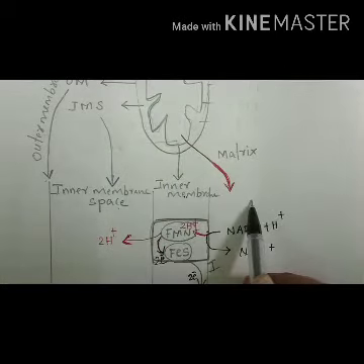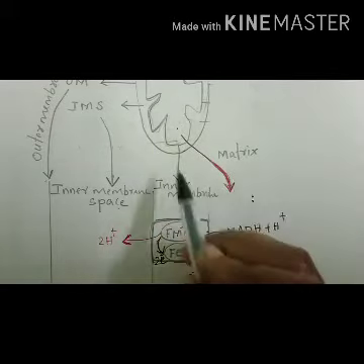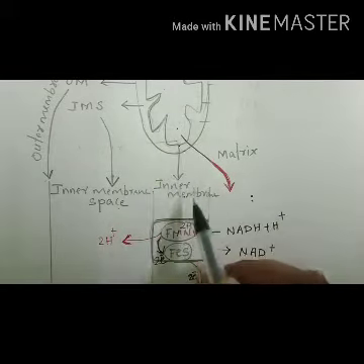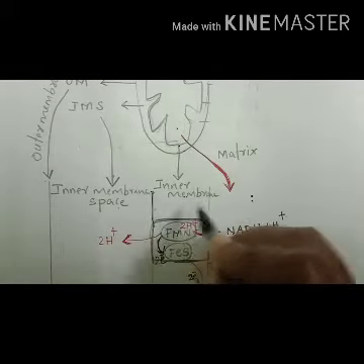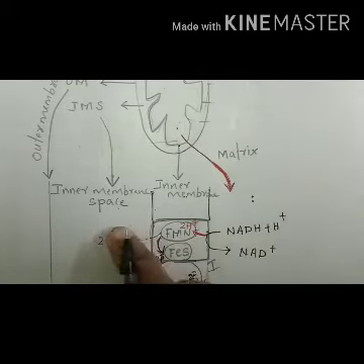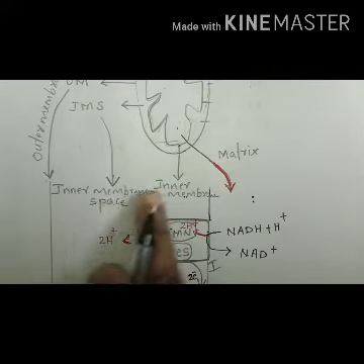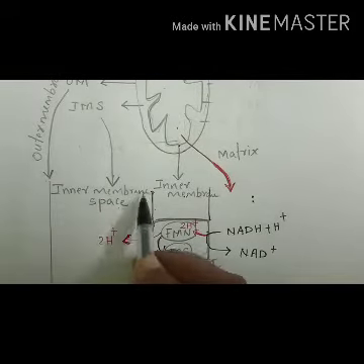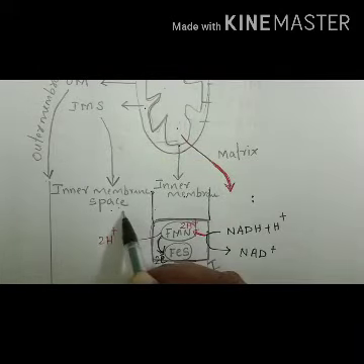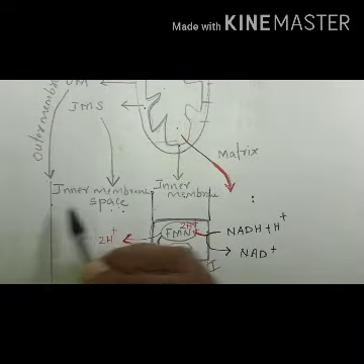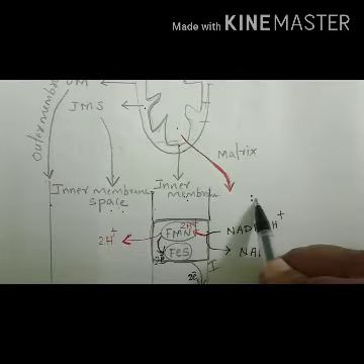So here we can see the matrix. This is the matrix portion and that can be seen here. This is the inner membrane. So inner membrane is represented like this one. This is the inner membrane, and this is the space between inner membrane and outer membrane. So that space is called inner membrane space. So this is represented here. So this is outer membrane, inner membrane, and the space is inner membrane space, and here we can see the